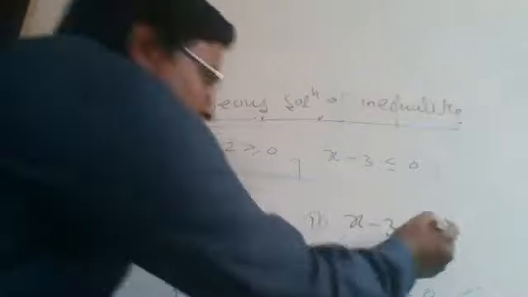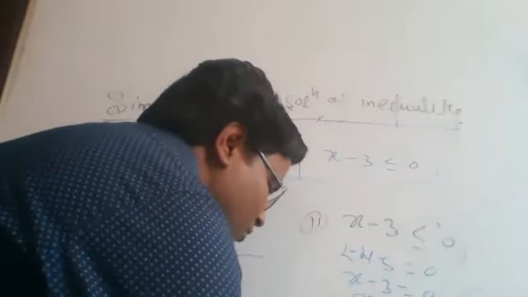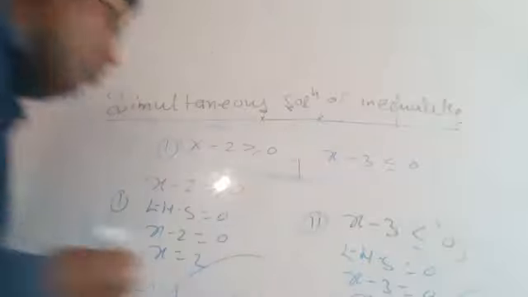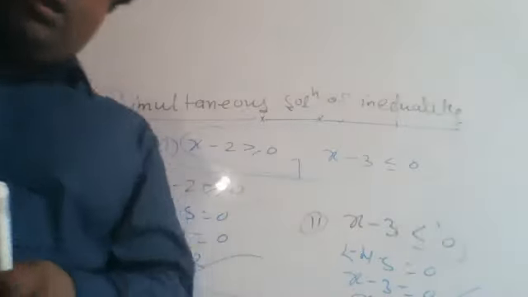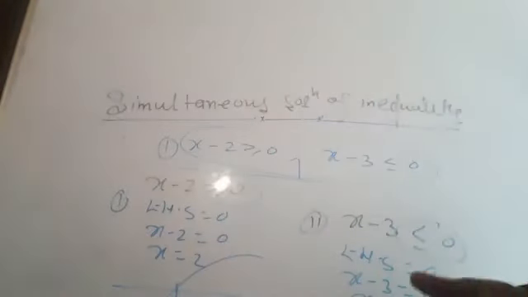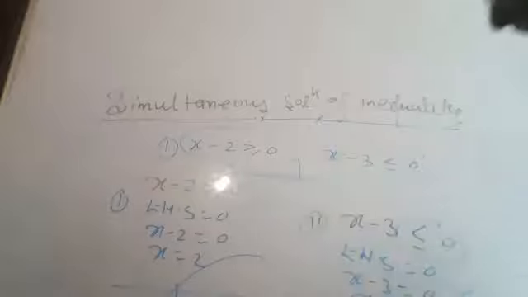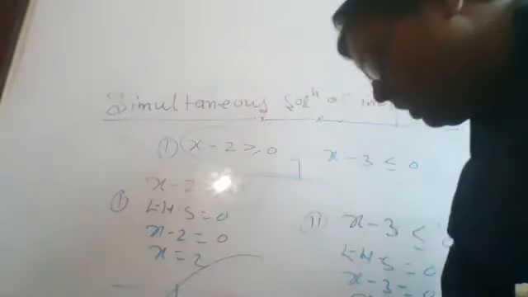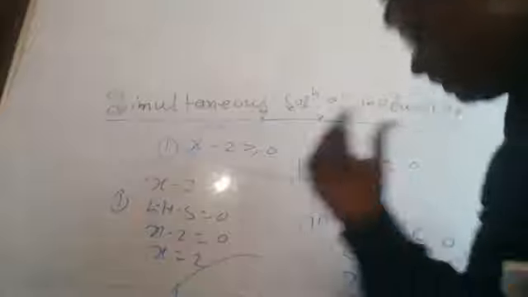Which portion is required? Below the number line. So we get the solution from minus infinity to 3, closed interval, and here open interval. It is so simple. First of all, we have to solve the inequalities individually. It means we solve the first inequality, and we know very well how we solve it, and the second inequality also. By this way we get the solution from the first inequality, this one, and from the second inequality, this one.